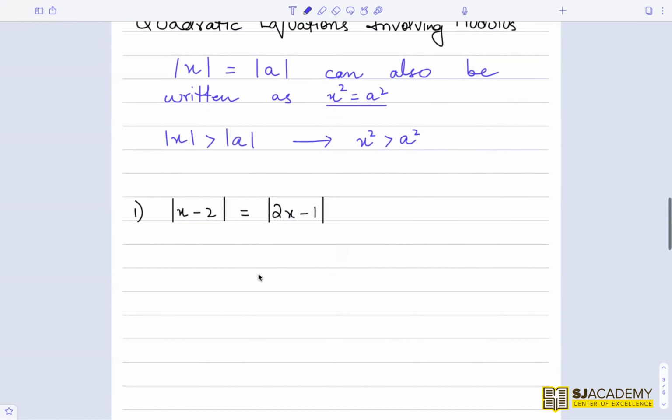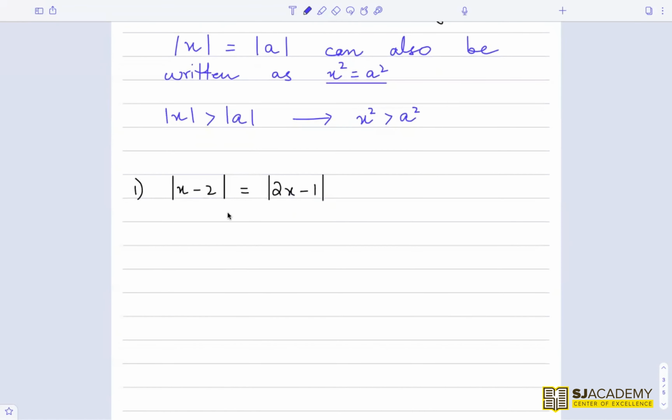So let's say we have an equation |x - 2| = |2x - 1|, with both sides in the modulus function. We can write this equation as (x - 2)² = (2x - 1)². Expanding and simplifying, we get x² - 4x + 4 = 4x² - 4x + 1. Simplifying the equation, we get 3x²